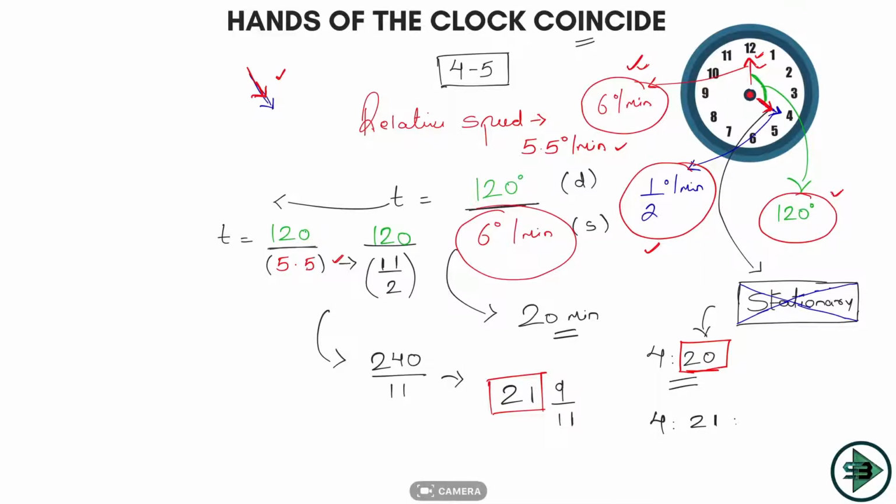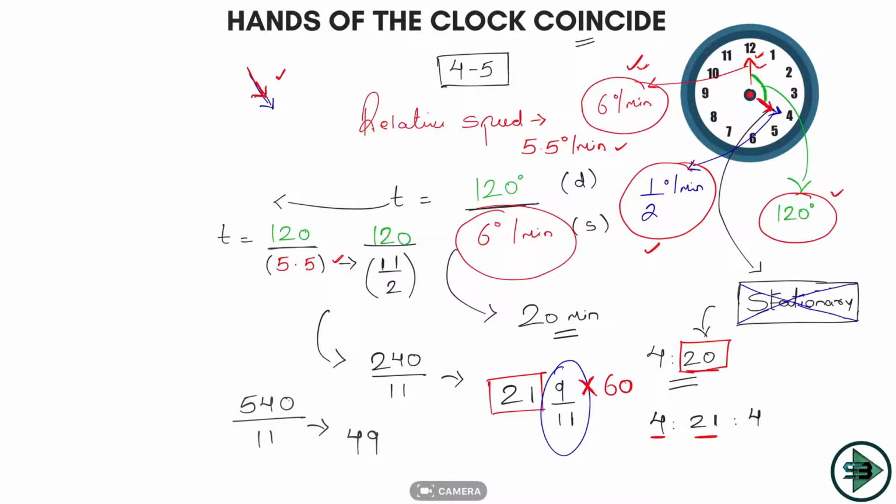And 9 by 11 of the 22nd minute. If it would have been 11 by 11, it would have been 1, right? Which means the complete 22nd minute. So it is 9 by 11 part of the 22nd minute, not the complete 22nd minute. How many seconds are there in 1 minute? 60. Which means 9 by 11 of 60 seconds. I am converting this to seconds now. So 4:21 minutes, not the complete 22nd minute. So how many seconds of the 22nd minute? 9 into 6 is 540 divided by 11. So this becomes what? 11 4s are 44. So that's my final answer now.